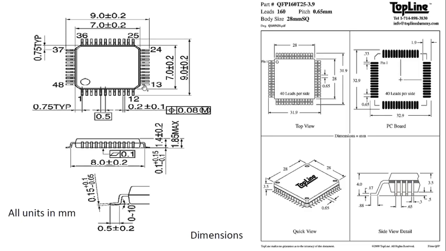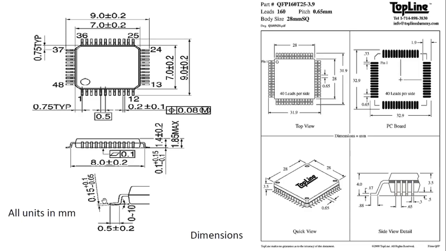And then we have the inner to inner edge distance. This is 7 mm, and the outer to outer edge distance is 9 mm. So when we subtract the inner edge from the outer edge, we have a difference of 2 mm, so 1 mm on each side. So the length of the pin is 1 mm. Now this LQFP package is square in shape, so we can see the 7 and 9 mm repeating here. Here we can see the height of the component is 1.4 mm, and maximum it can go to 1.85.